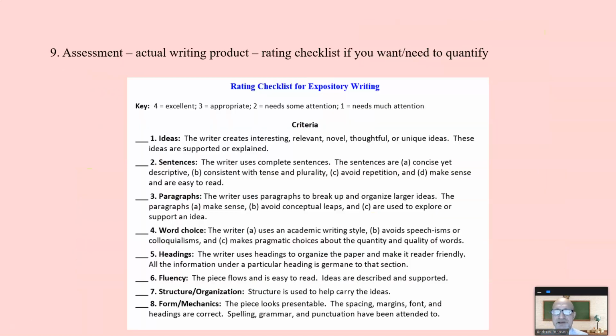How do you assess a standard? The actual writing product. You put their opinion piece in a portfolio and you can say, there, see, they can write an opinion. Here it is. And if you want to put numbers on it, if you want to quantify, and some people think if it's not quantified, it doesn't exist, create some sort of checklist.